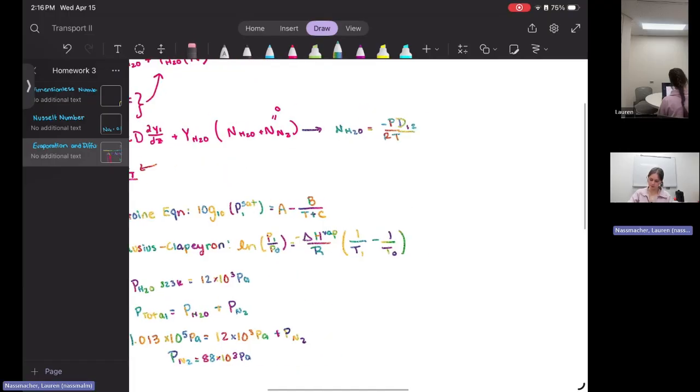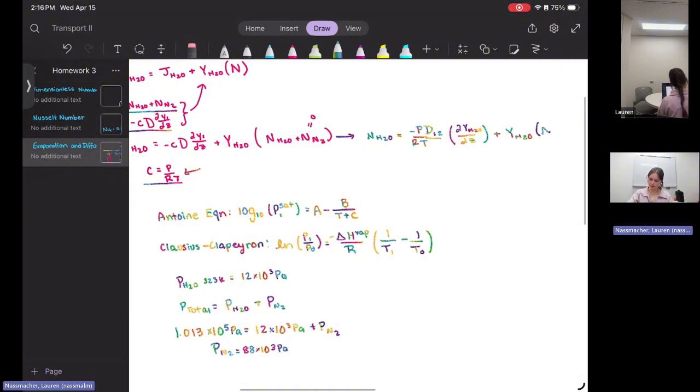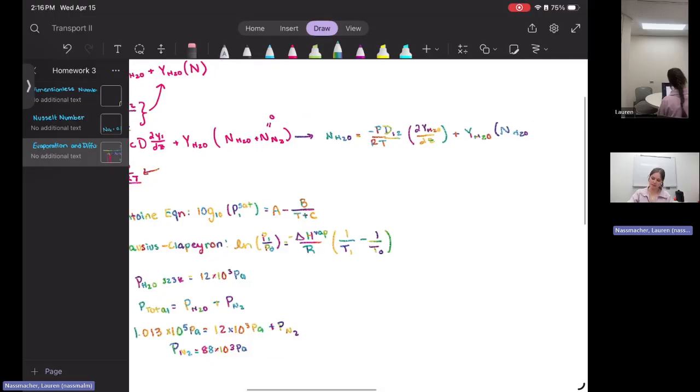And that's going to be multiplied by our percentage of y over the area plus YH2O multiplied by flux of H2O plus 0, but I'm not going to write that 0. Once again, rewriting this, we get that our flux of our water is 1 minus